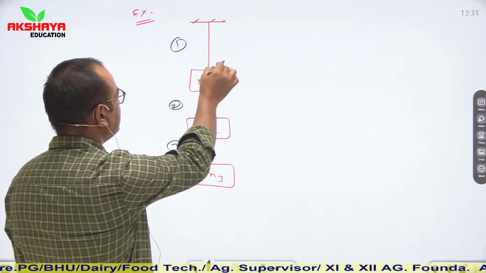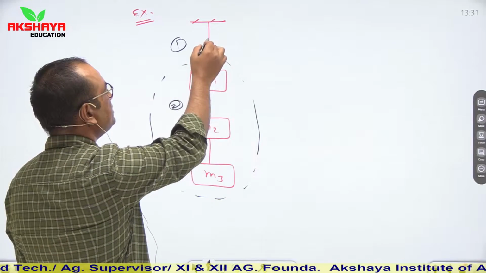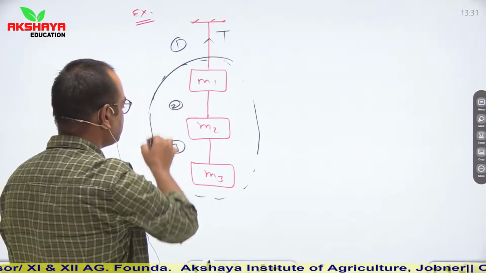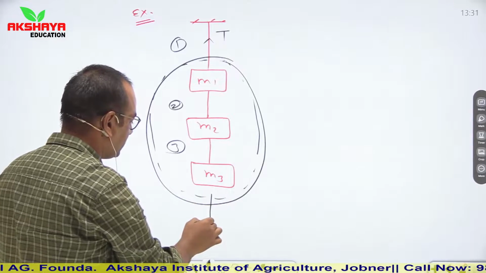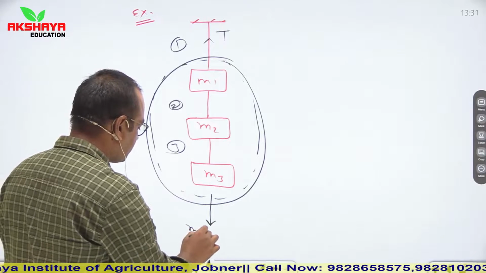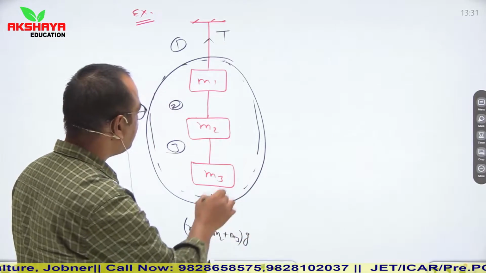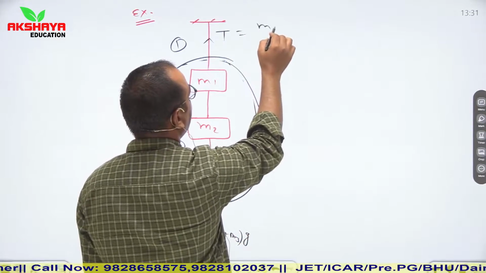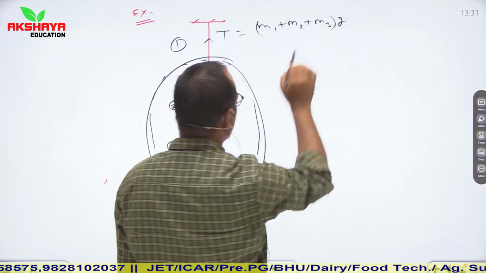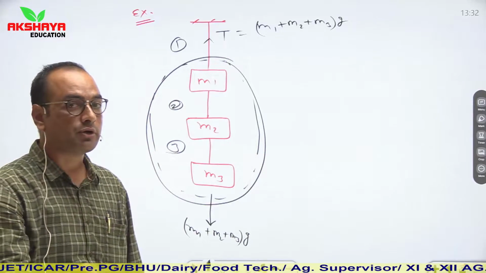So keep in mind, simply consider this complete as a system. Then let us say that net tension is T, which is in upward direction, and it is balanced by its weight. So weight of this whole system is in downward direction and net weight is total mass multiplied by g. So it is (M1 plus M2 plus M3) into g. So net tension T is equal to (M1 plus M2 plus M3) into g. This is directly a pattern of concept which you have to remember to solve your questions.